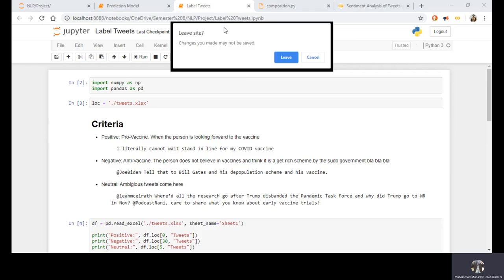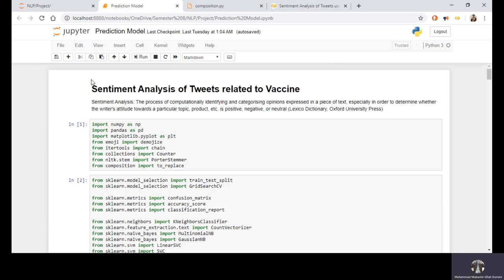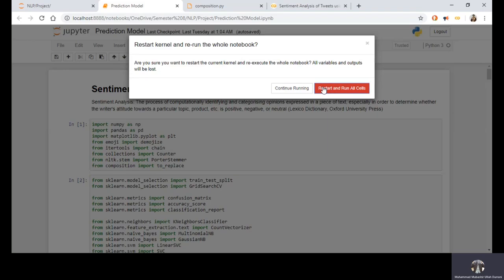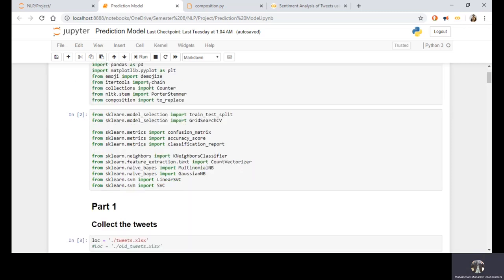We can now move towards the model program, and let's just rerun the whole thing. Because I've labeled one more tweet, I want that to be added to the result. Right, so what do we have here? There are a number of